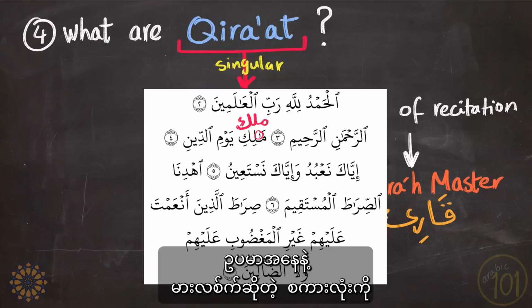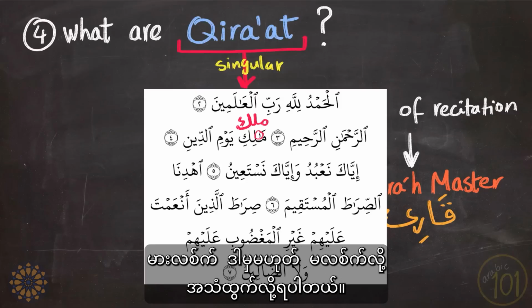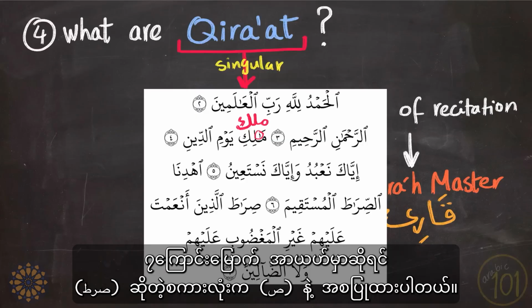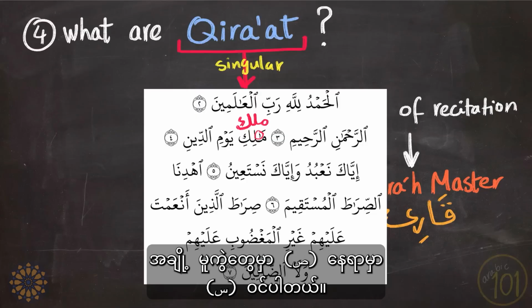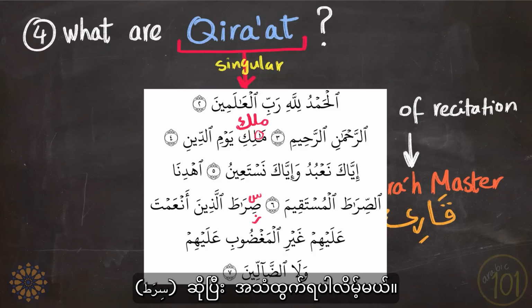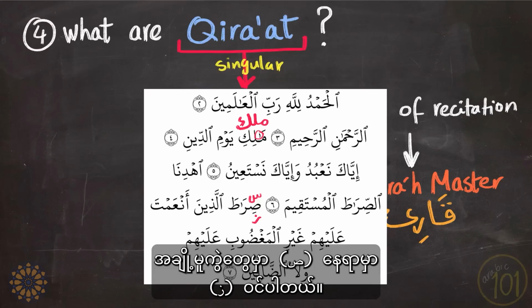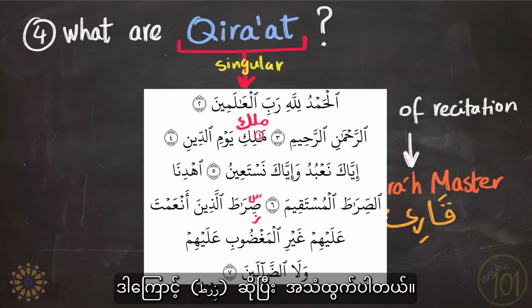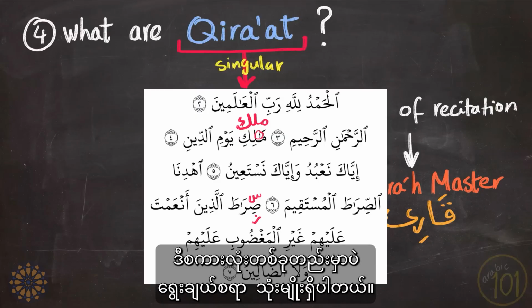For example, the word Malik, you could say it as Malik or Malik. And in the 7th verse, the word Sirat, it starts with a Sad. Some variations of the word Sirat in this position is turning the Sad into Sin. So you would say Sirat. But some variations as well will turn the Sad in this position to an almost Zay. So you would say Zirat. So here we have 3 choices only in this word.